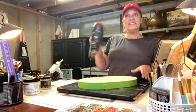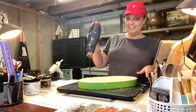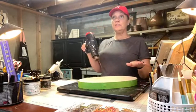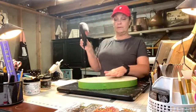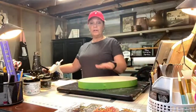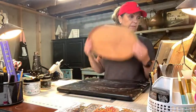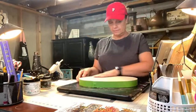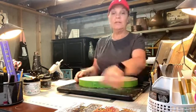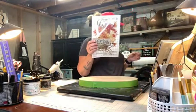But I did have to leave it set overnight. So we're not going to top coat this first. We're going to let this cool a little bit. Let that cool off. Again, this was the newest one. I wish I would have kept my little